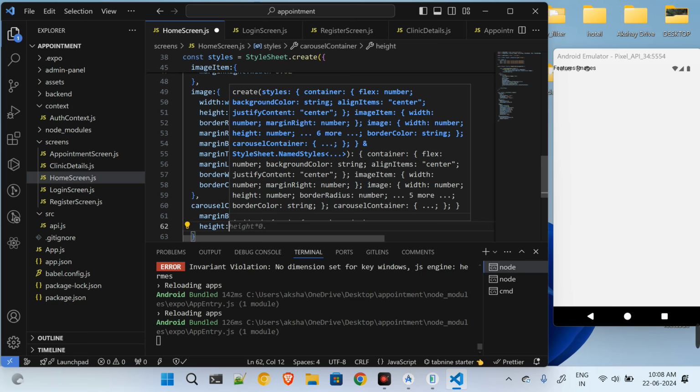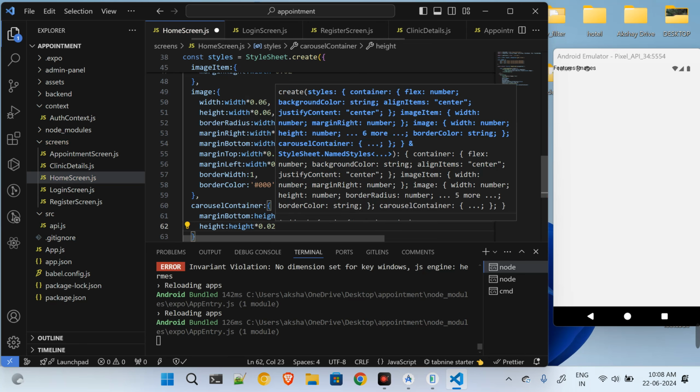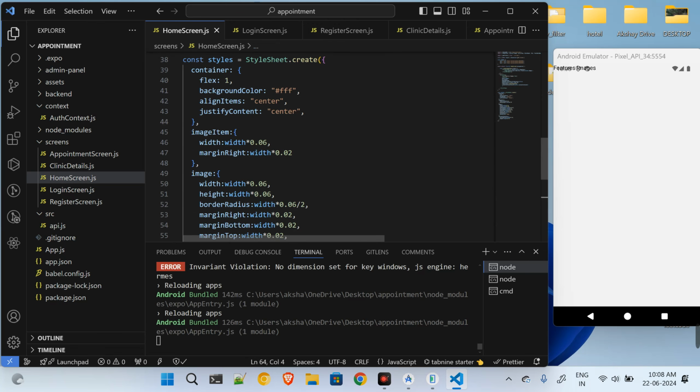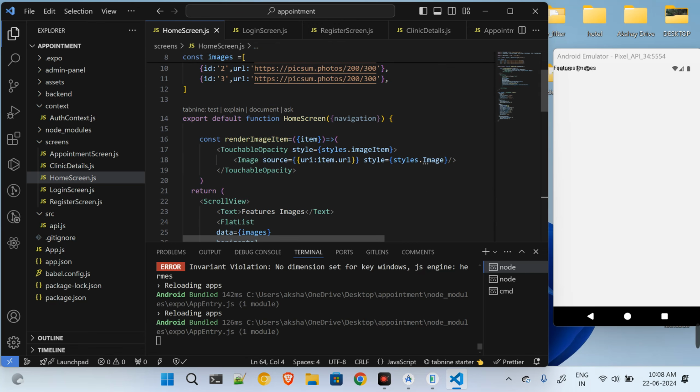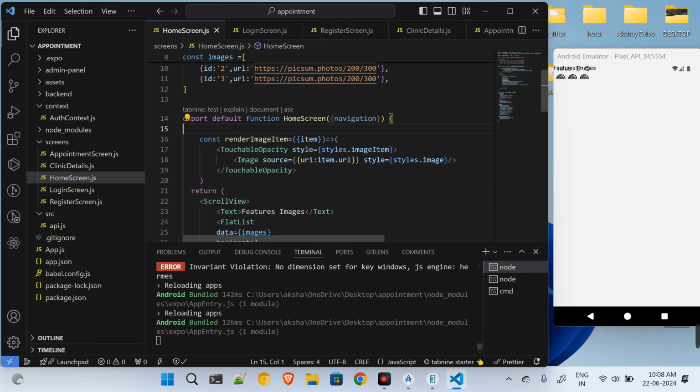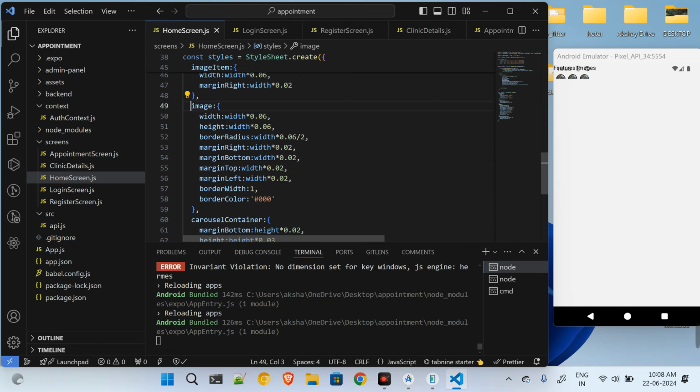So I will give it a bit of height multiplied by 0.003. Let me just save and see. I'm not seeing anything. Okay, so touchable opacity. Okay, I'm seeing the image, but